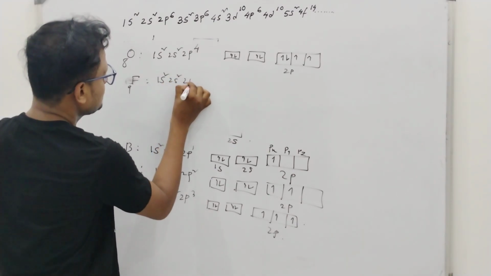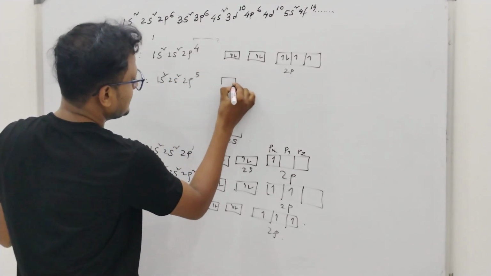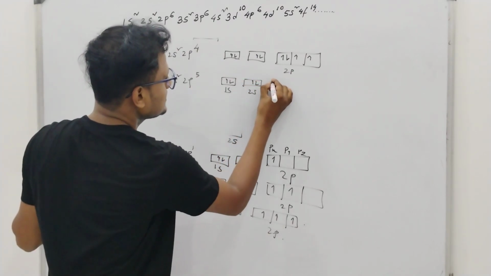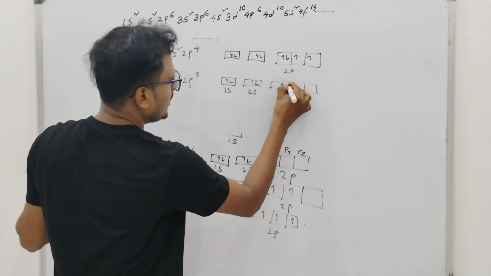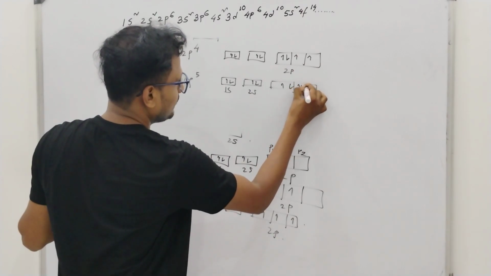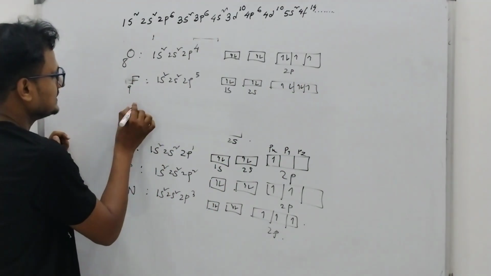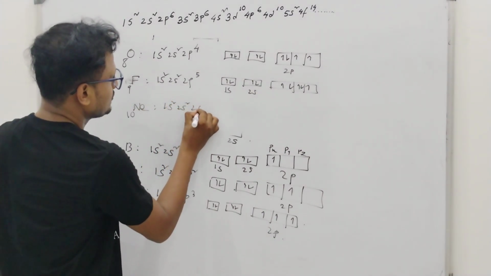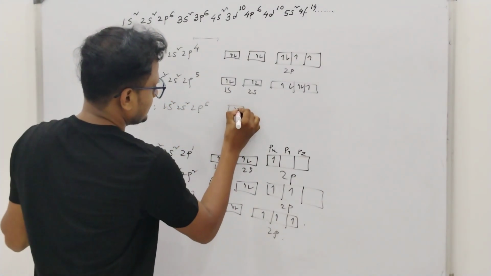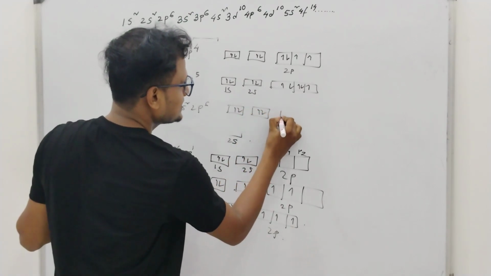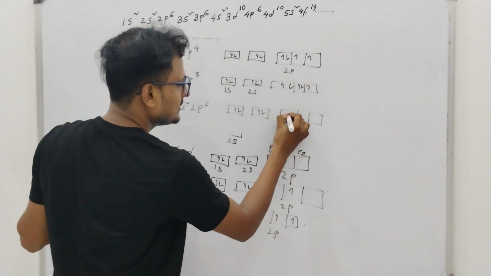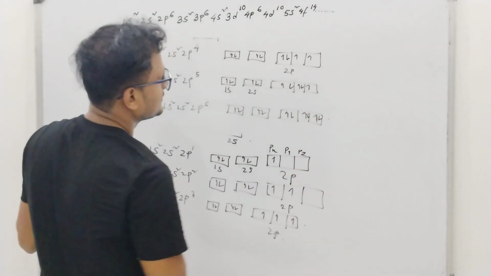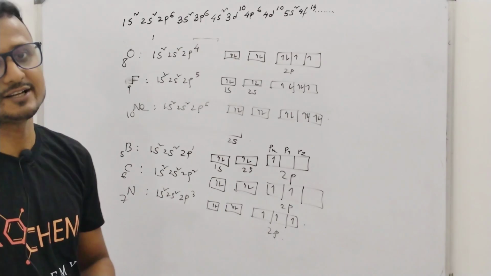Okay, now it is fluorine, 1s2 2s2 2p5. Similarly, this is the 1s orbital, 2 electrons, the 2s orbital, 2 electrons, and this 2p orbital, 1 2 3 4 5. Now is the neon, 10 electrons, 1s2 2s2 2p6, 2 electrons, here also 2 electrons, here 2p has 3 suborbitals, 1 2 3 4 5 6. So this is the way we can write the electronic configuration.